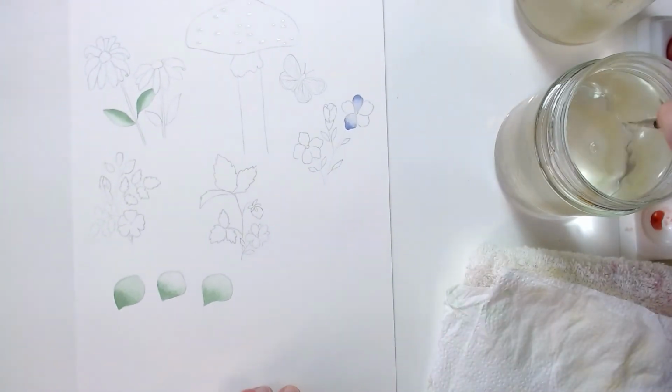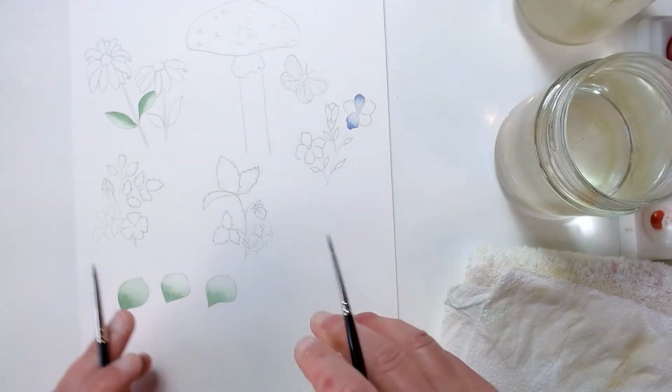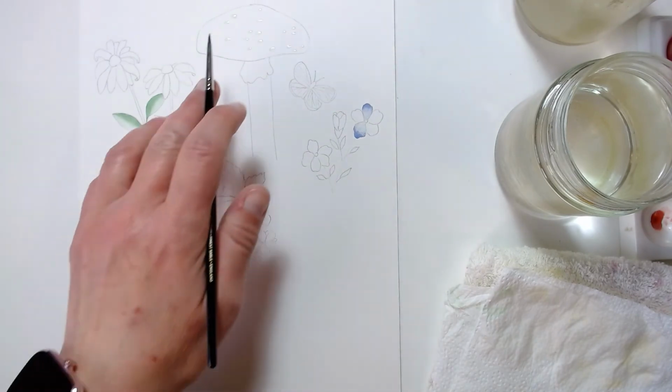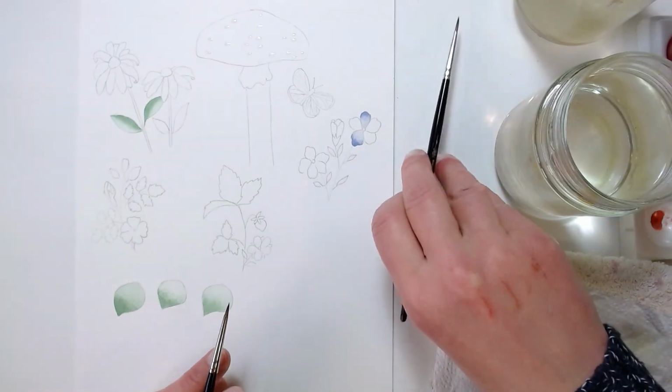And then it would be the same for all the different elements, but then I want to show you how I do the mushroom, which is a larger area. So what I'm going to do is use wet in wet,